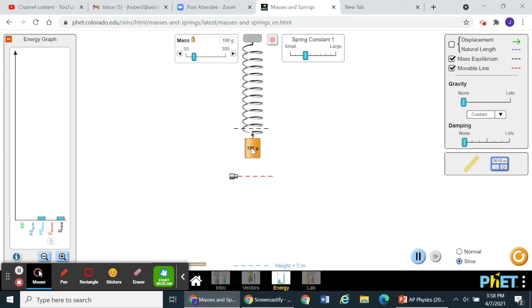Notice when I do work on this and I stretch the spring, you see there that the energy in the system increases. Right now I have the damping set to 0. I've got this just covering the red line. And so this thing is going to oscillate back and forth, and I'll put it in normal speed, and you can see it's going back and forth and back and forth and back and forth, and the energy is oscillating